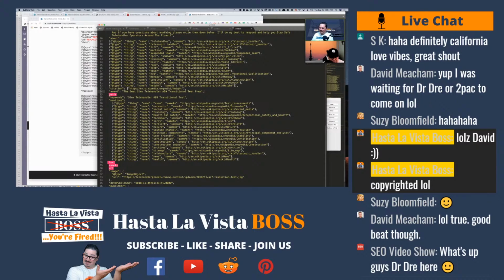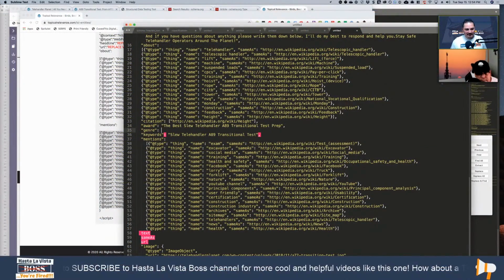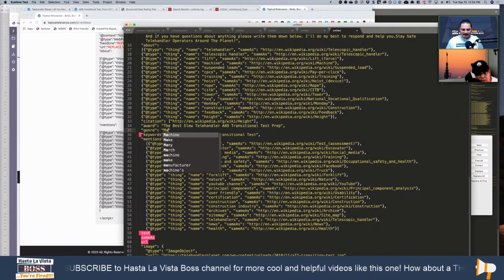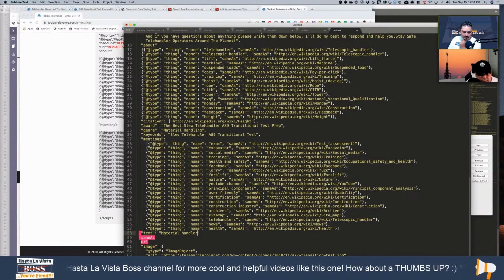And genre, we'll do... text, same thing. We can stuff whatever I want, right? In the interest of time, material handler at airport looking for two